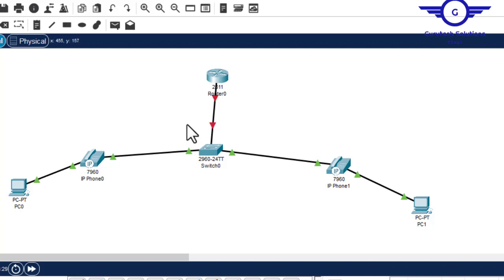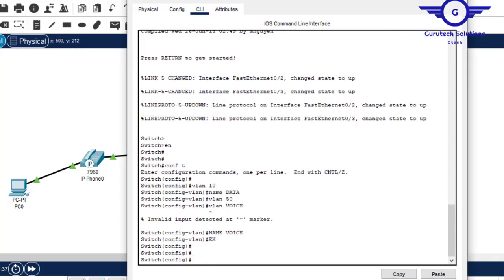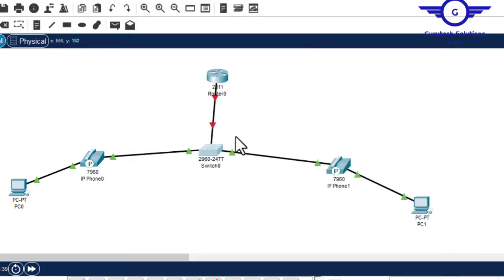voice VLAN, and this one will be trunk, okay, this one. So I'm just going to configure this FA0/1. Before that, I'm just going to configure these ports to have VLAN numbers, okay. For example, this one FA0/2 and FA0/3. So